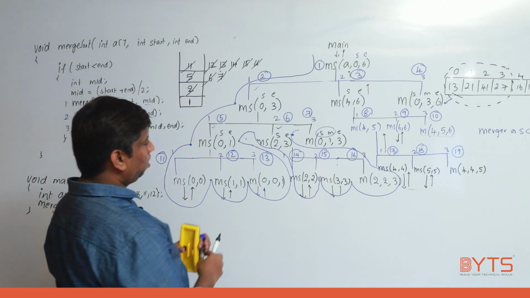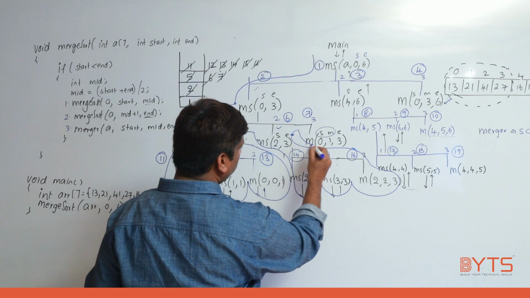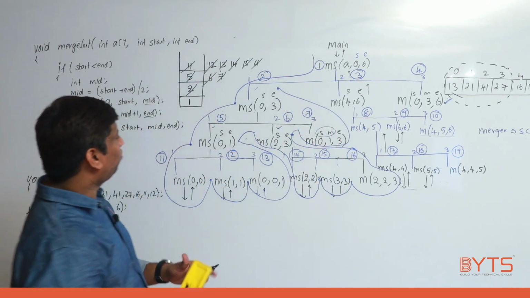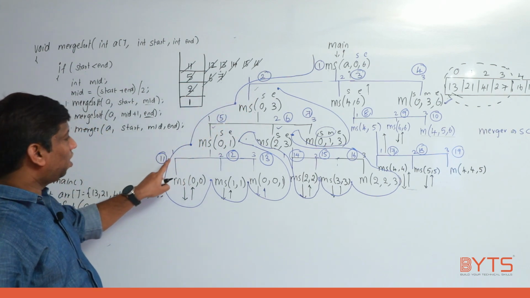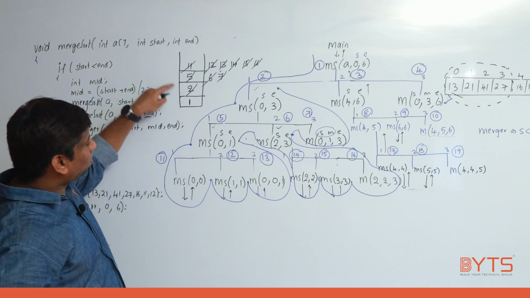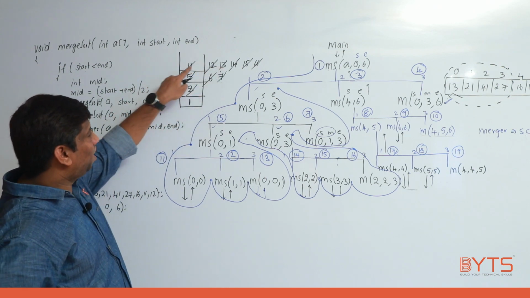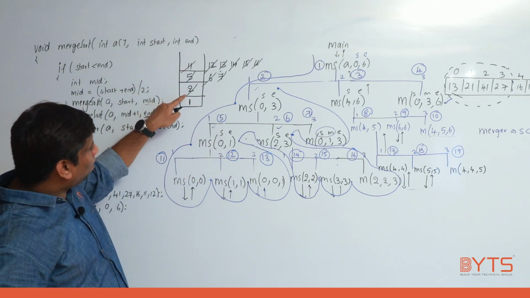Means how I came here, can you please tell? I went to this function, also completed. Now I came to the second function. So have you noticed? Second function is calling 5th function, 5th function is calling 11, 12, 13. Once 11, 12, 13 completed, 5 also completed. Now again I came back to 2.